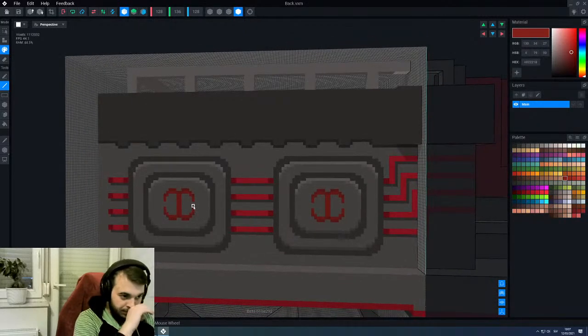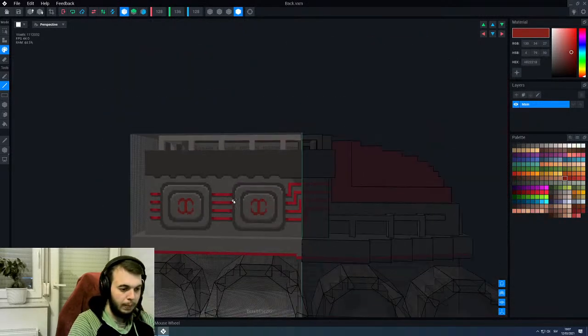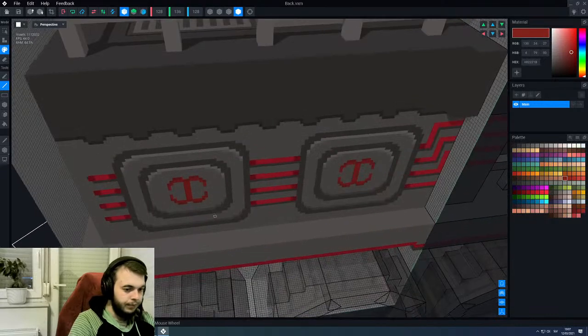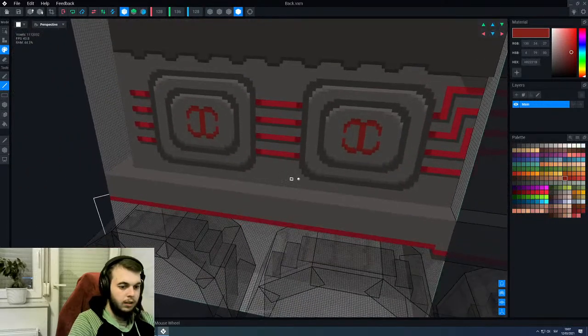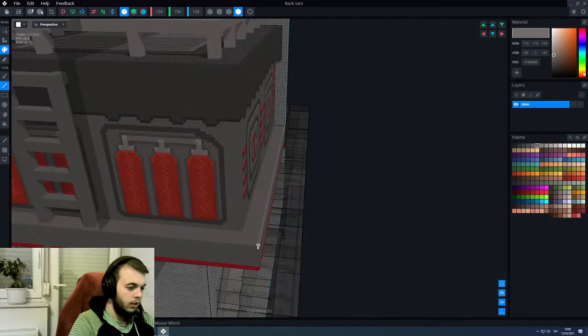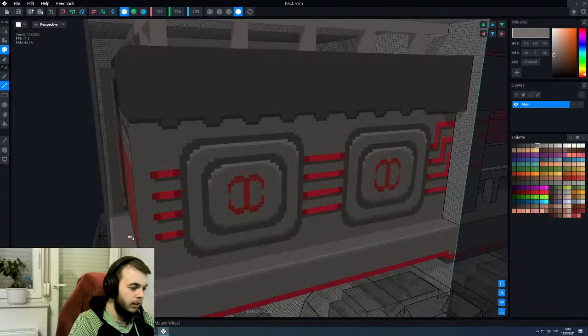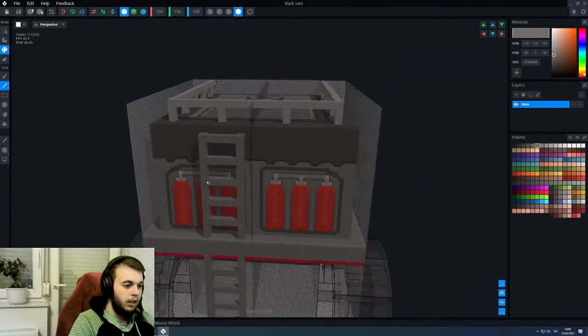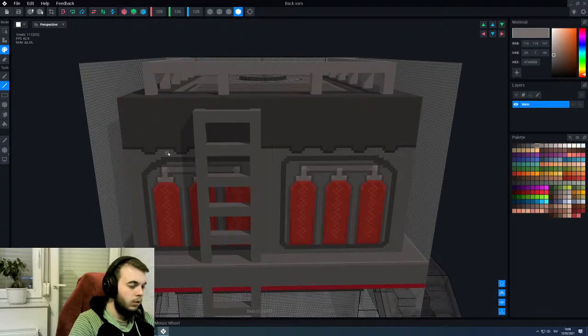So we got that. And then another thing I'd like to add would be some outline just here. One tiny belt of bright, and then we can also start